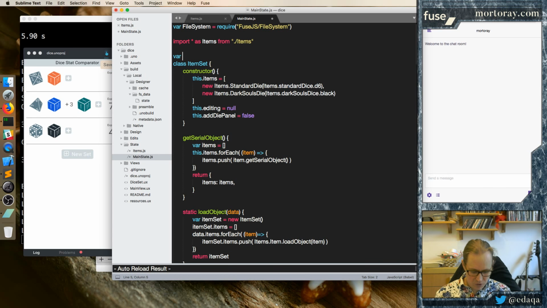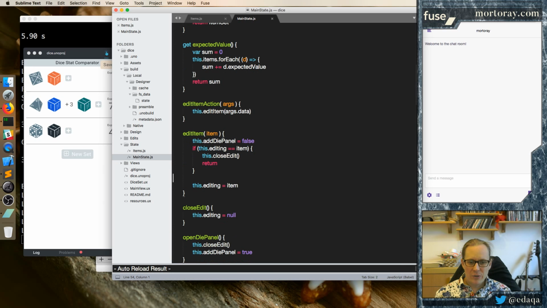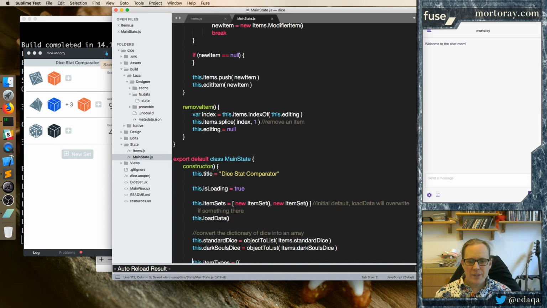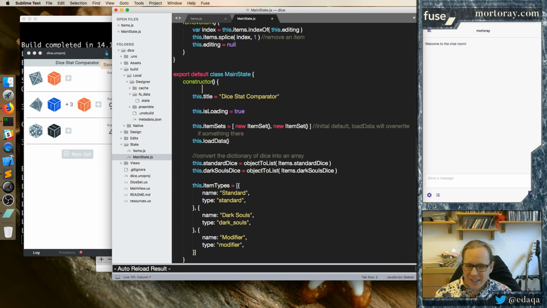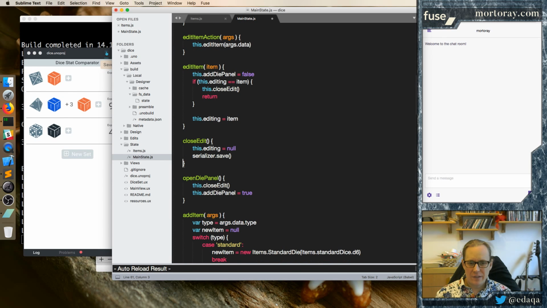Okay, so we're going to say global, and we'll just say serializer. And it's just going to be undefined at first. Now this isn't the best way to set this up. I'll set it up in a second. So when we have this item closed, we're going to say serializer.save. We're just going to call a save function and let it deal with it. We can add more details as time goes on. And then when this main state is created, I'm going to do this slightly horrible thing and say serializer equals this. So whenever this is created, we become the serializer, and that means we need to have a save function,